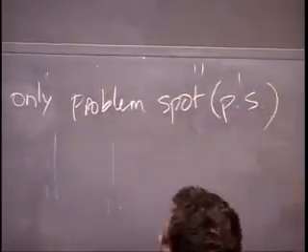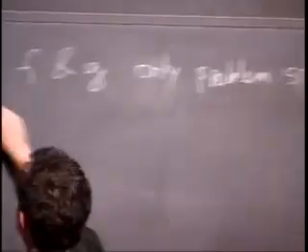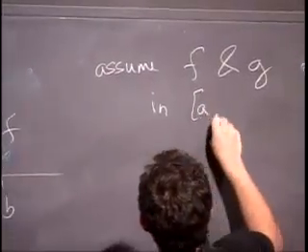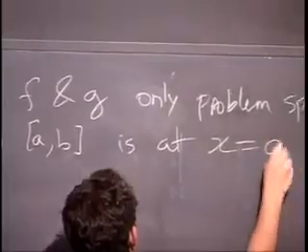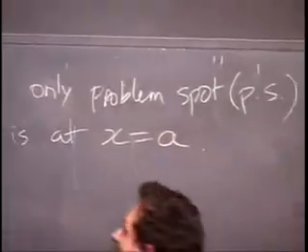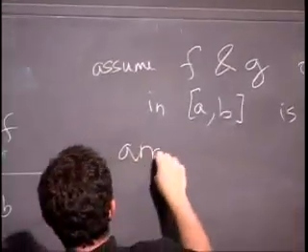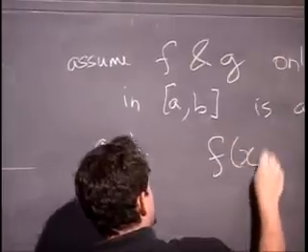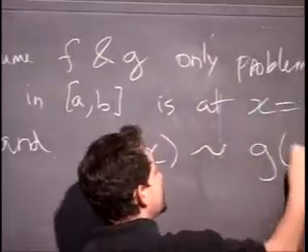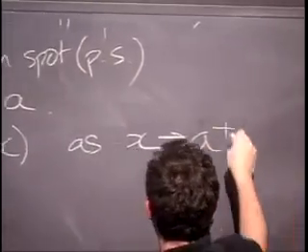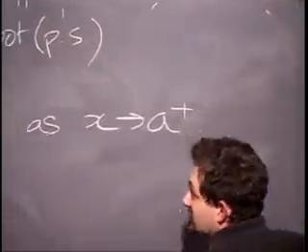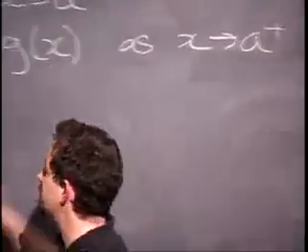Assume that the only problem spot in AB is at x equals A, the left-hand endpoint. And f of x behaves just like g of x as x goes to A, say from above is all you need in this case. So assume this is true,